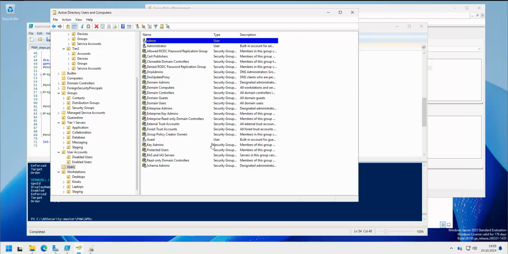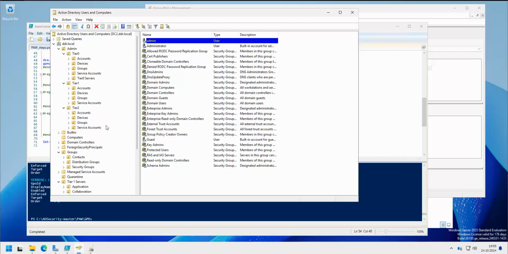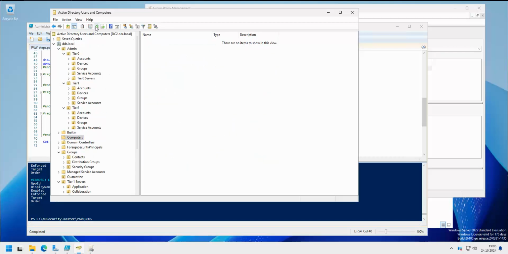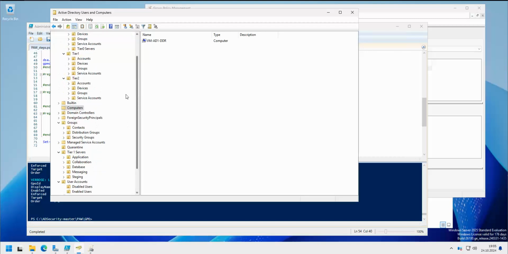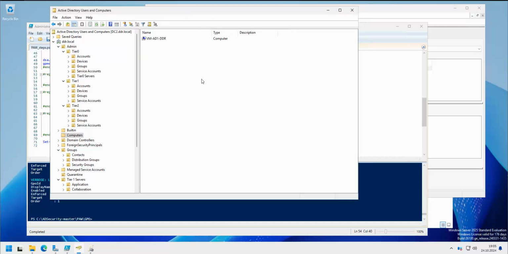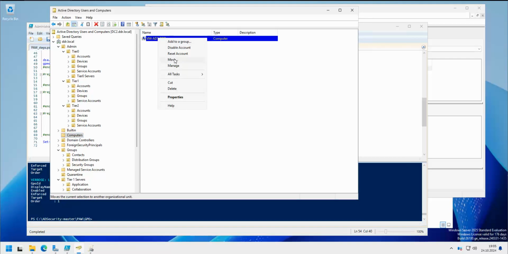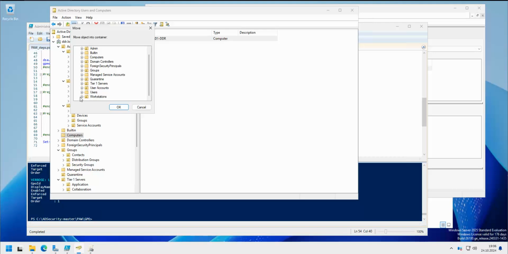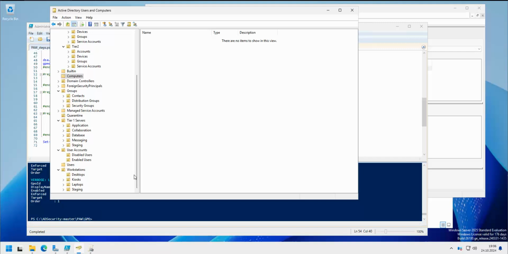restart, and now if we take a look, of course it has been added to the computers. Shouldn't be here, it should be in the quarantine. But I wanted to show you what's gonna happen if I actually move this. If I'm gonna move this computer now to the workstations and to the desktops. I'm gonna move it to the desktop OU. So here, and as you remember, desktops